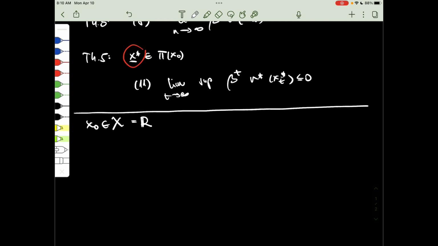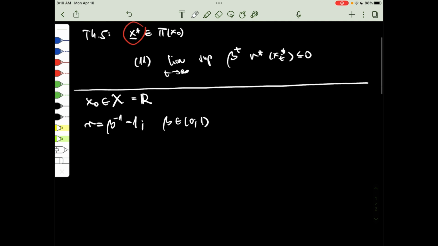So she can fall into debt. We have the rate of interest, where beta is in this interval, and this is the problem the agent solves: